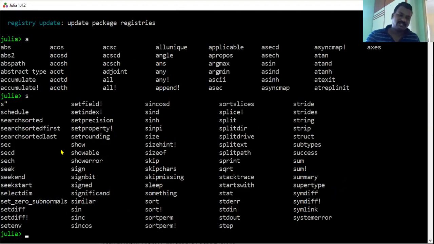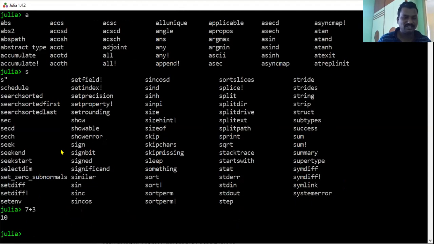Not only that, you have multi-line statements. Previously you had 7 plus 3, and the output was 10. I want to write a multi-line statement.